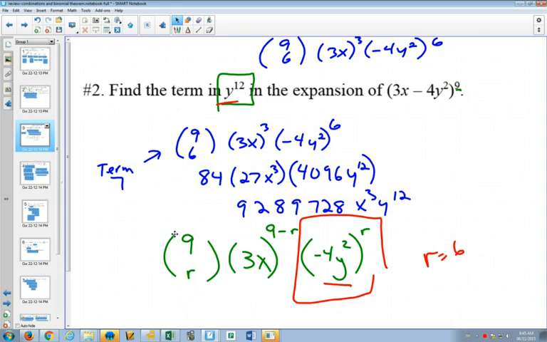Now the third question, this one does involve both parts. Because the third question is asking to find the constant term, and that's going to